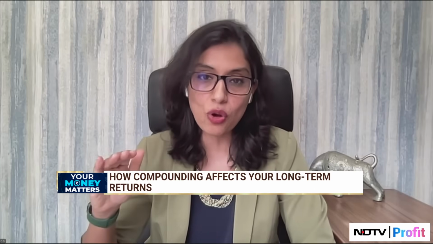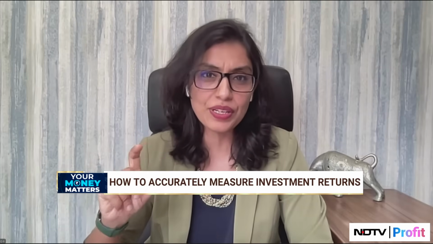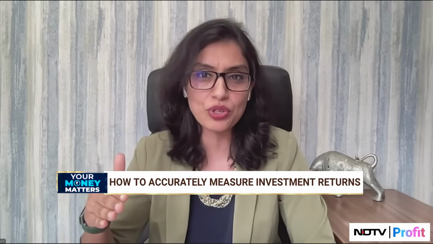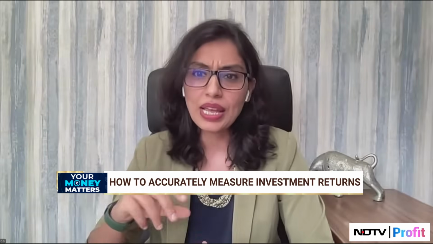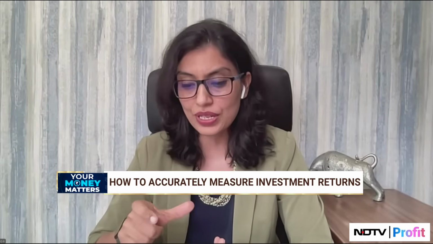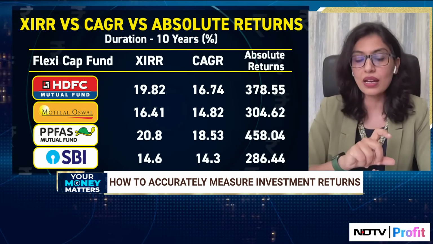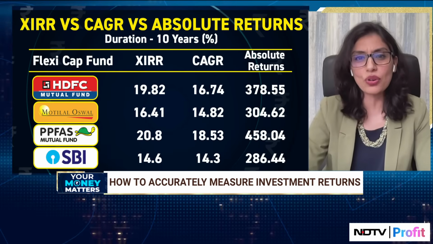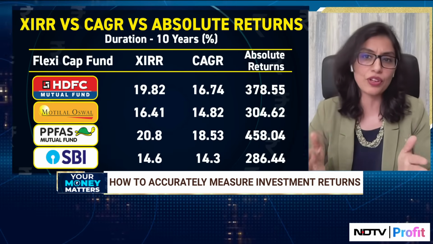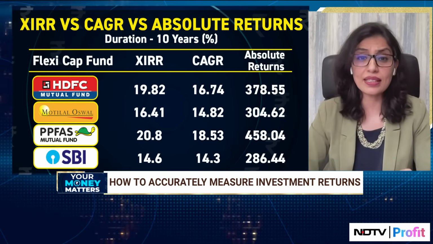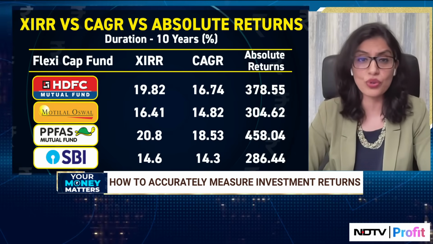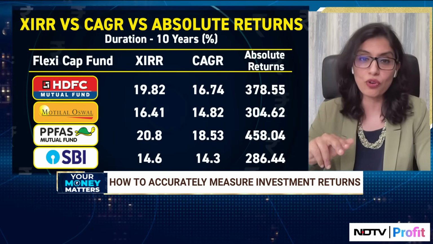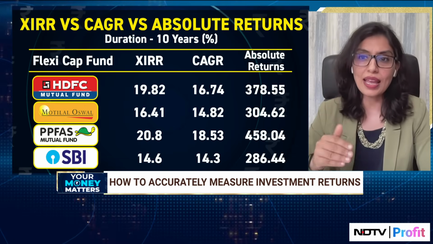So other than the different parameters, Alex, within returns, I would give rolling returns the top spot, followed by the SIP returns. If we are planning to give an SIP to the investor, I think that also remains very important. Absolute returns only to capture the recent movement and see the falls and the rise during times of drawdowns. And CAGR, I don't think is very relevant because it is only for the starting and the ending period. If you're capturing rolling returns and analyzing SIP returns as well, then I think we don't need to look at the CAGR. So those two at the top, followed by absolute returns for the drawdown periods,